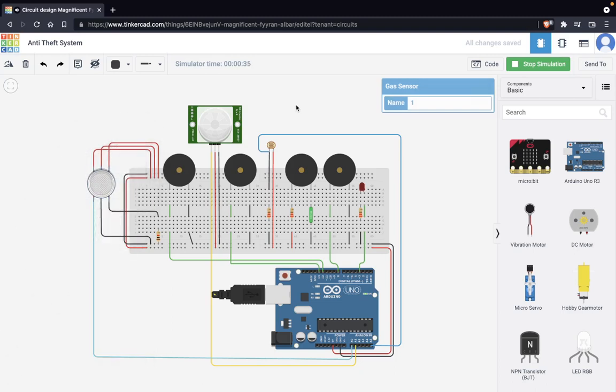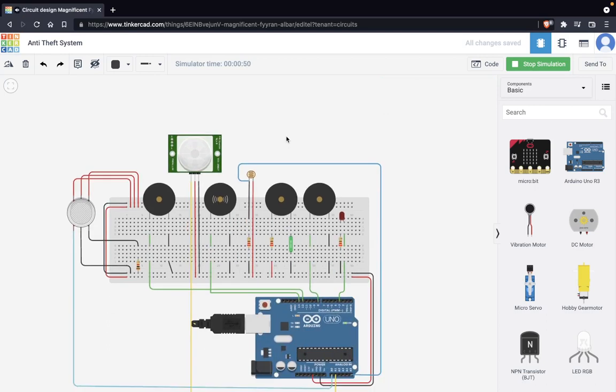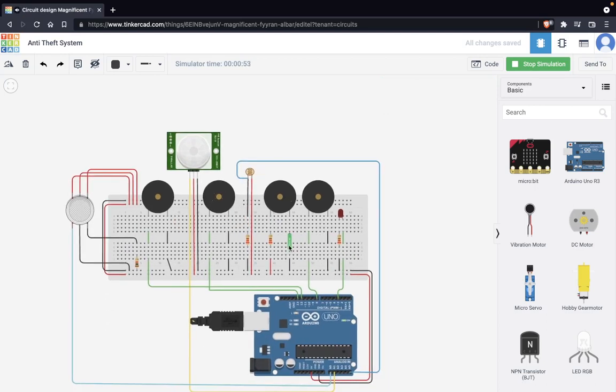Heading over to the PIR sensor. As soon as it detects body temperature movement, it will start buzzing. See, and when these all have been bypassed, if you try to move the object, see, it starts, and if you put it back, it stops. But if you just pick it up,